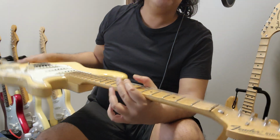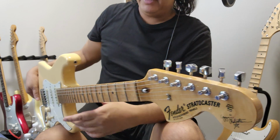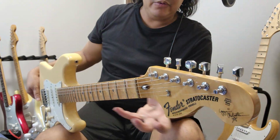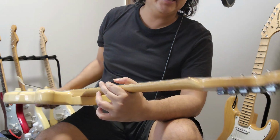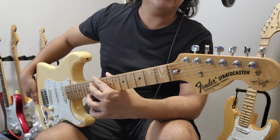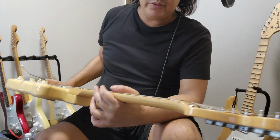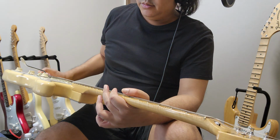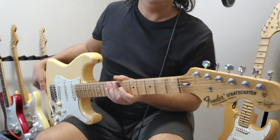But after a while, it will age. And I'm also guessing that after a few more years, this is gonna be very dark. It's gonna go darker and darker, because now it's already darker. When I bought it, it was very white. So how dark it is now, I'm gonna show you